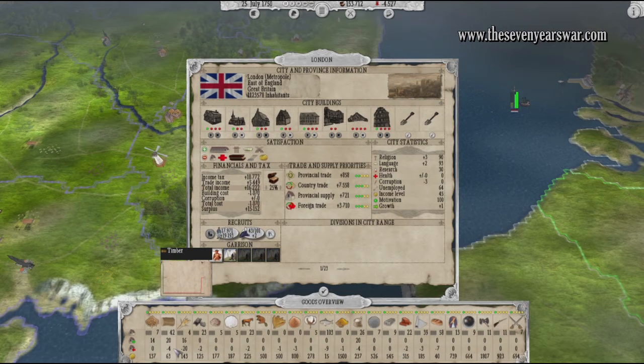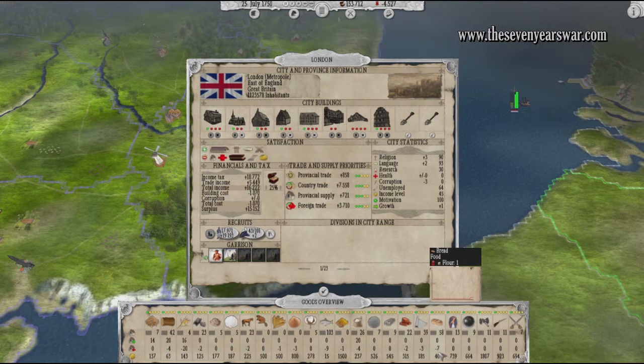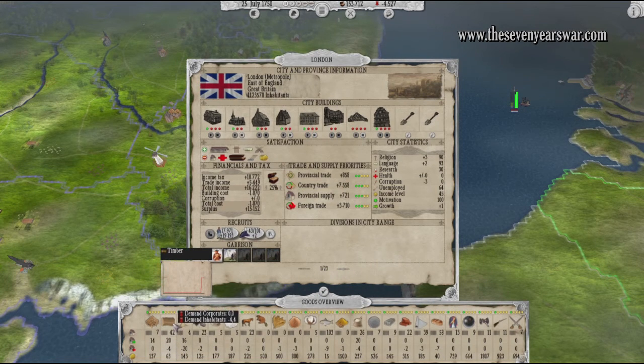There's some kind of basic demand for some resources in each province. For example, your population needs food, so they're consuming fish and bread, or they need timber for the winter, so there are also seasonal influences on demand of products,